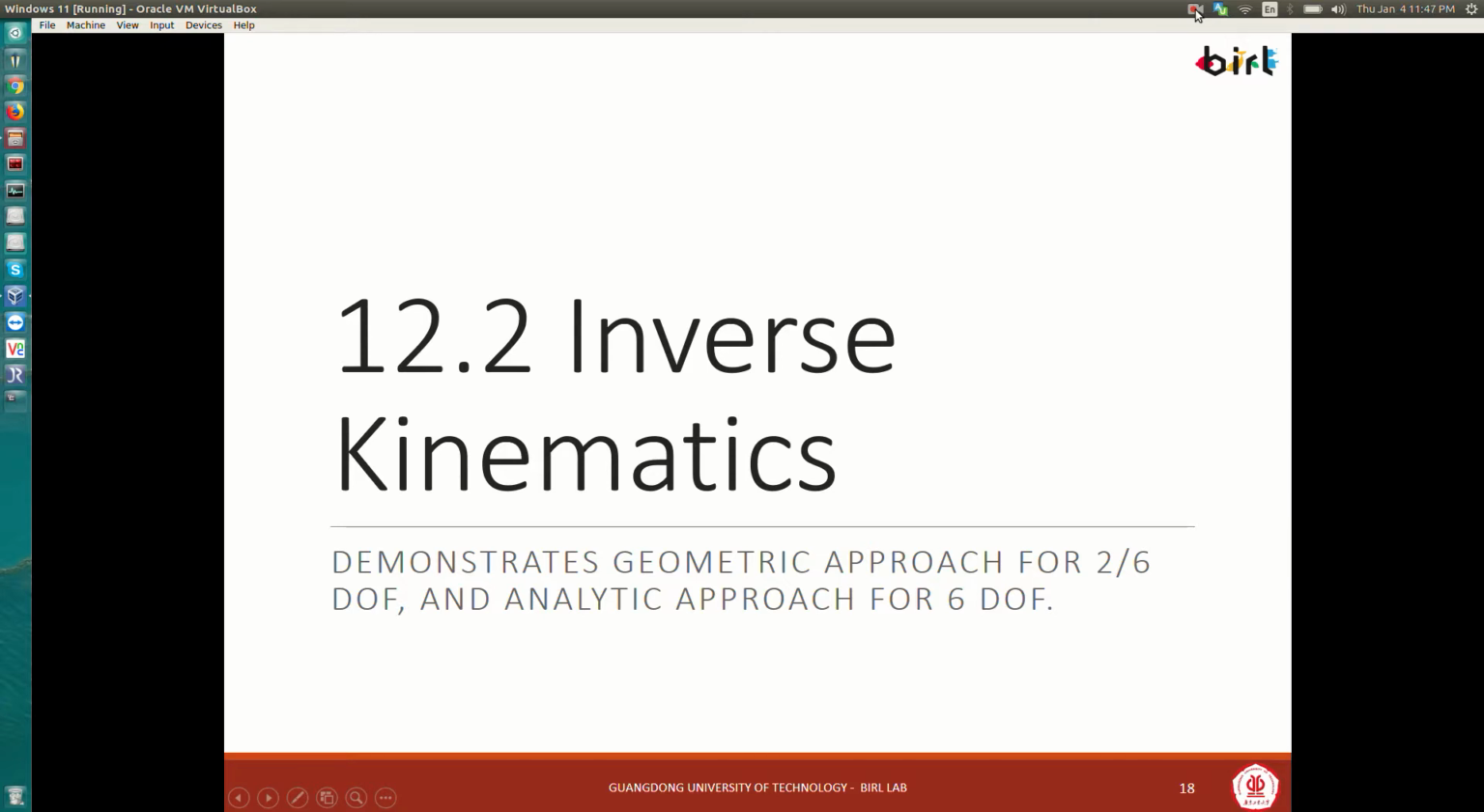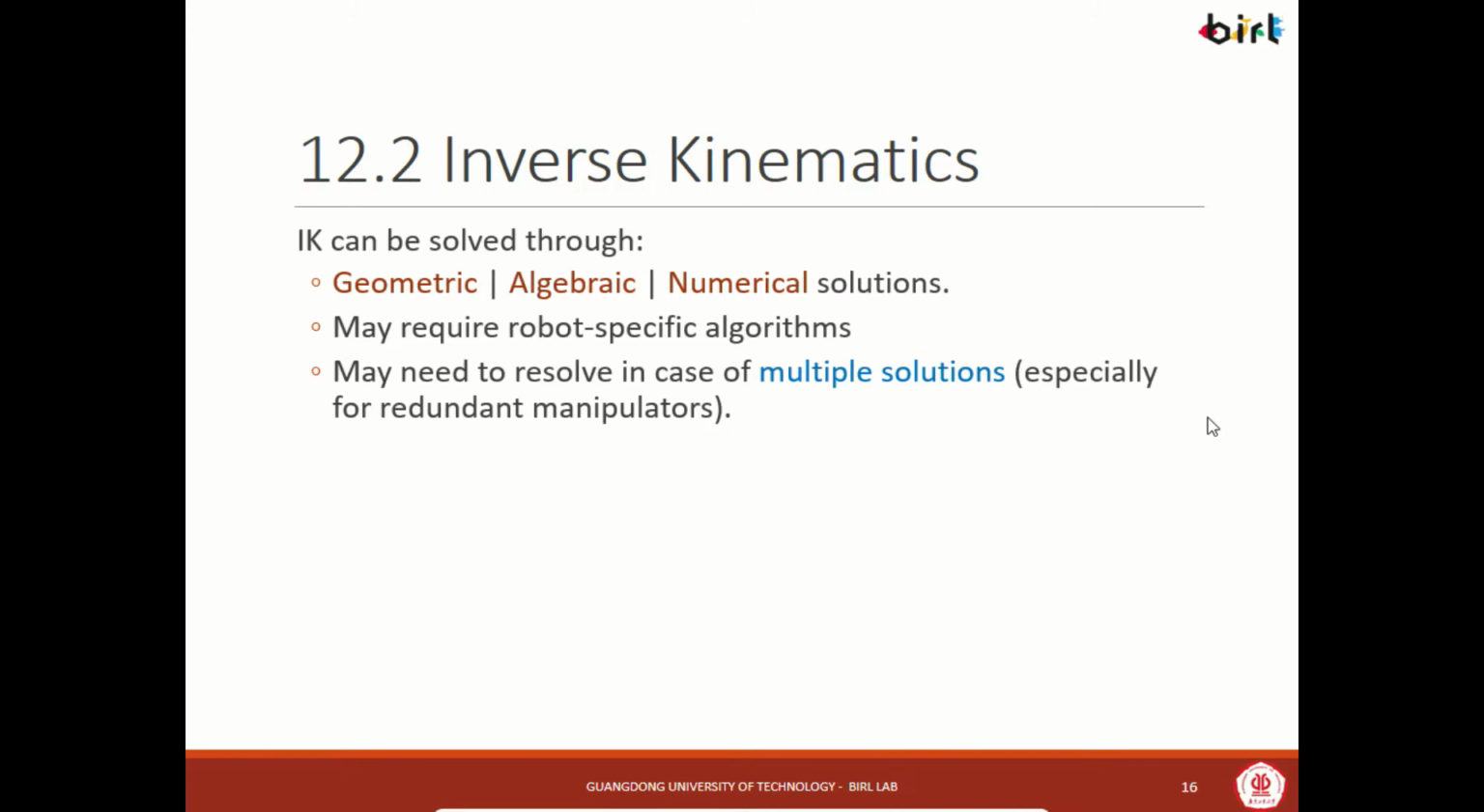In section 12.2, we introduce inverse kinematics. Here we'll demonstrate the geometric approach for 2 and 6 degree of freedom robots, and then an analytic approach for a 6 degree of freedom robot. So for section 12.2,